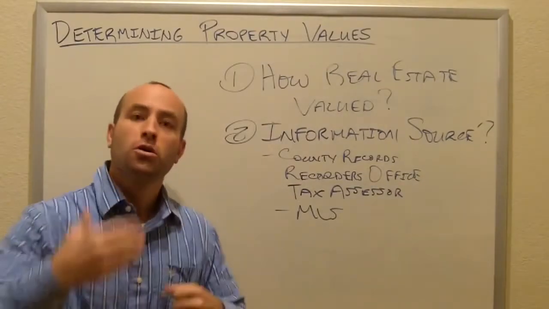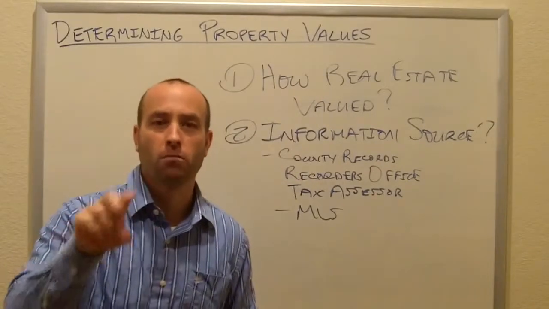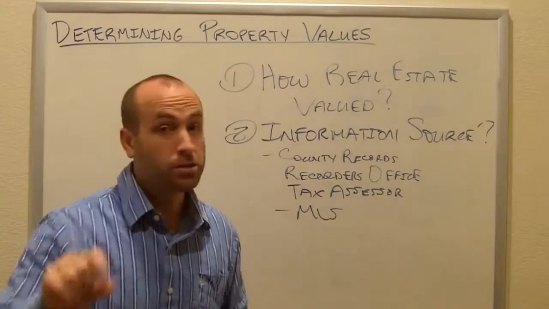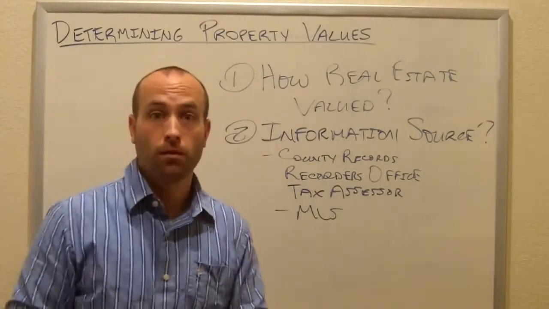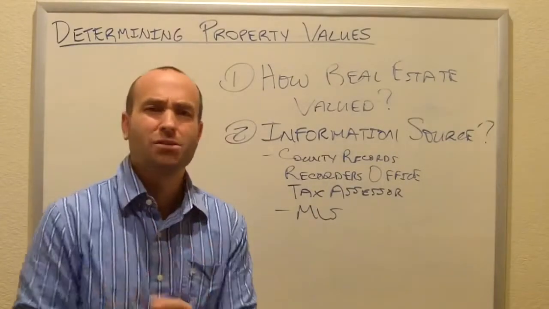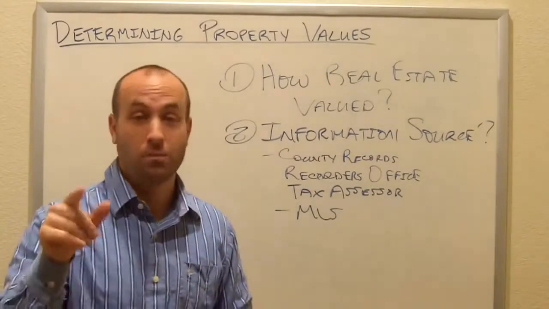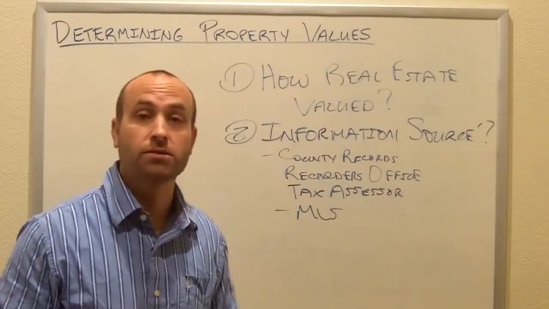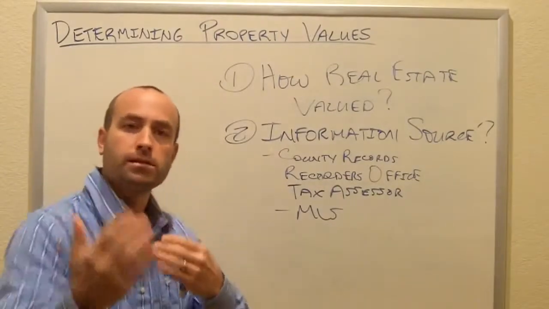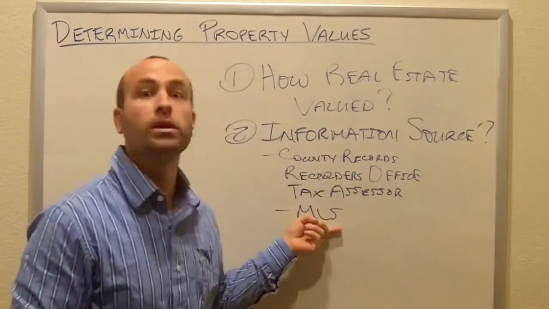Here's how it works. Let's say you're a listing agent. You list the property. If you put in the wrong bedroom, wrong bathroom, wrong square footage, wrong anything, someone's going to find out about it when they go show the property and they're looking at the listing sheet and they say, hey, there's not 3 bedrooms in this house, there's only 2. And they're going to get upset with that listing agent, and then that listing agent either is going to make the changes or get a fine from the MLS. So what happens is you have this natural checks and balances, this accountability system with the MLS, so the data is just flat good. It's real good.